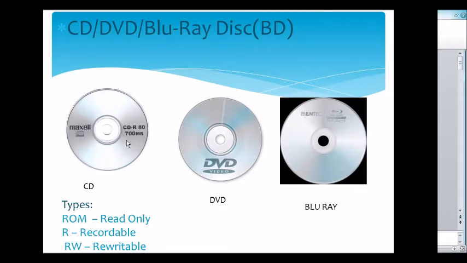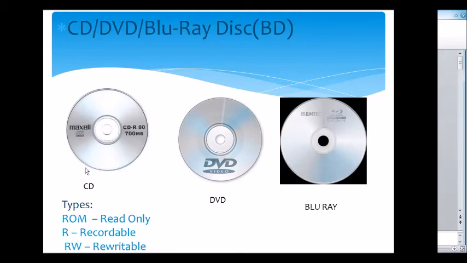That means you can use it. You can record something into this CD. Then last one, rewritable. That means you can delete that 400 MB also. You can erase data from this CD and you can copy your own files. That is CD-RW type. Same types are there in DVD also.